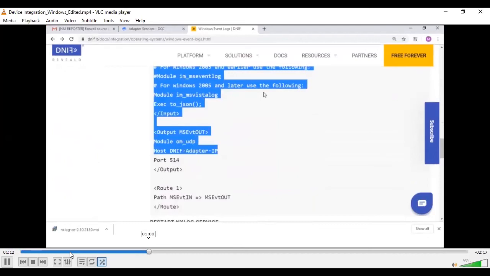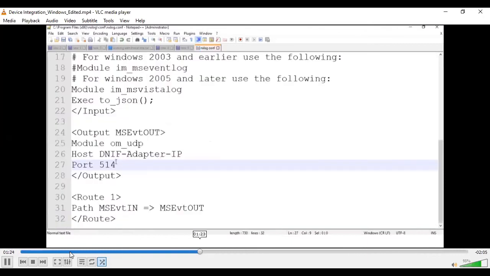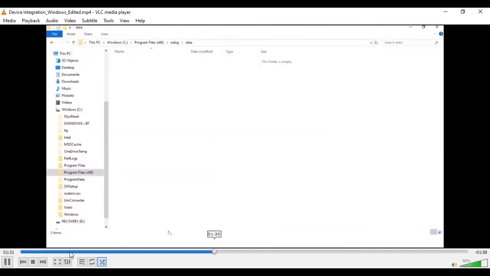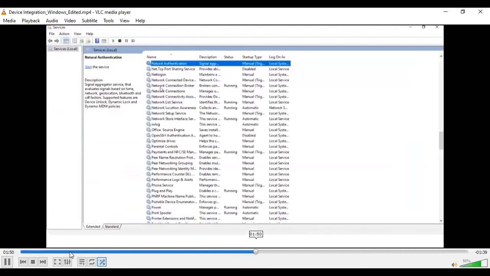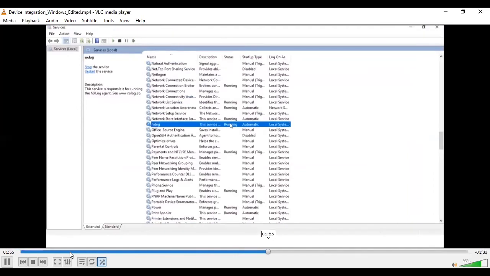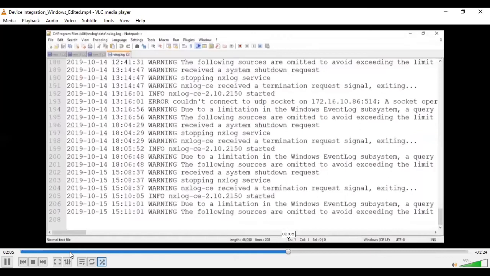Once you put it inside the configuration file, save the changes, put the IP address, put the port number. Once it is successfully done, you just start your service. These are the steps for all the agent installation. Without the agent, you don't have to do this. You have to just put the destination location. So status is running, yes. You can see the log data and the DAT data which you have seen.